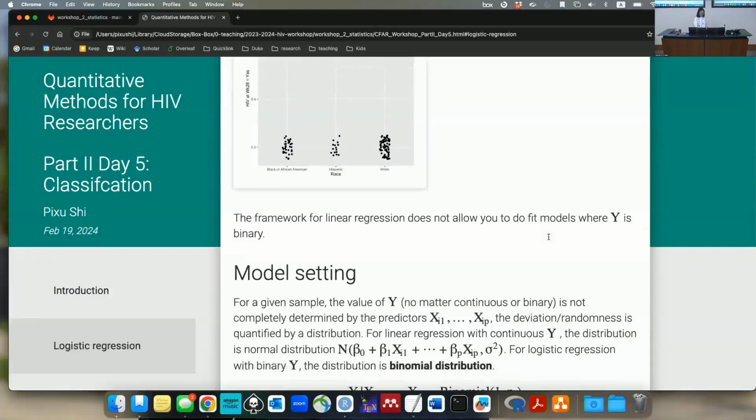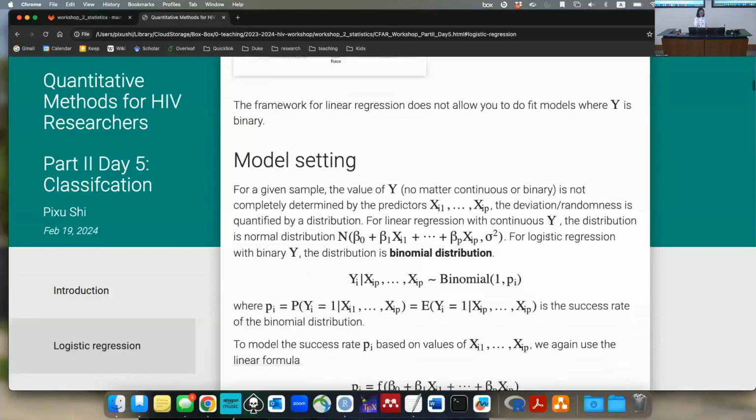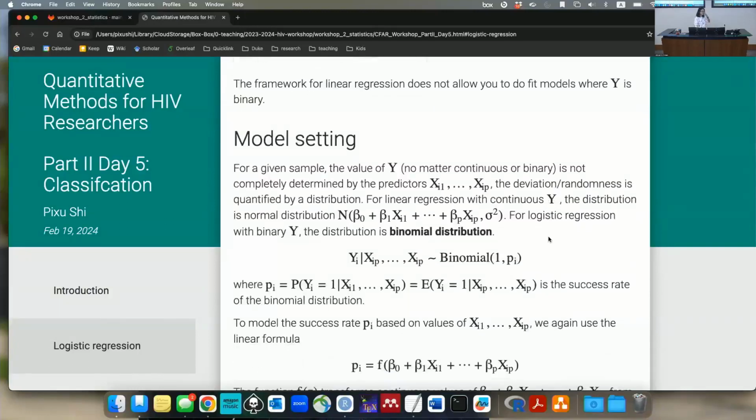Specifically, we need to depend on a distribution called binomial distribution. So binomial distribution, in the simplest case, is a flip of a coin. You flip a coin and you get a head or a tail, a 0 or a 1. But in our situation, we want to connect this probability of having a tail or having a head with the predictors. So the way to do it